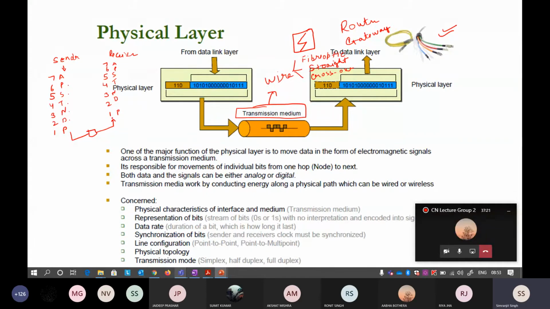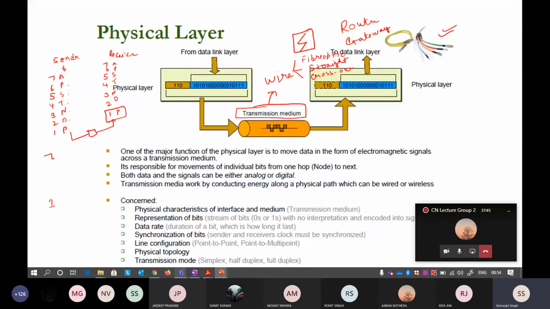Now see, when the receiver receives it on the physical layer, it will transfer it to the data link layer, then network layer, then transport, then session, then presentation, then application. So if you're seeing, when you are a sender you will send the packet from 7 to 1. You will start from the application layer and the packet will go down, and the chunk of the